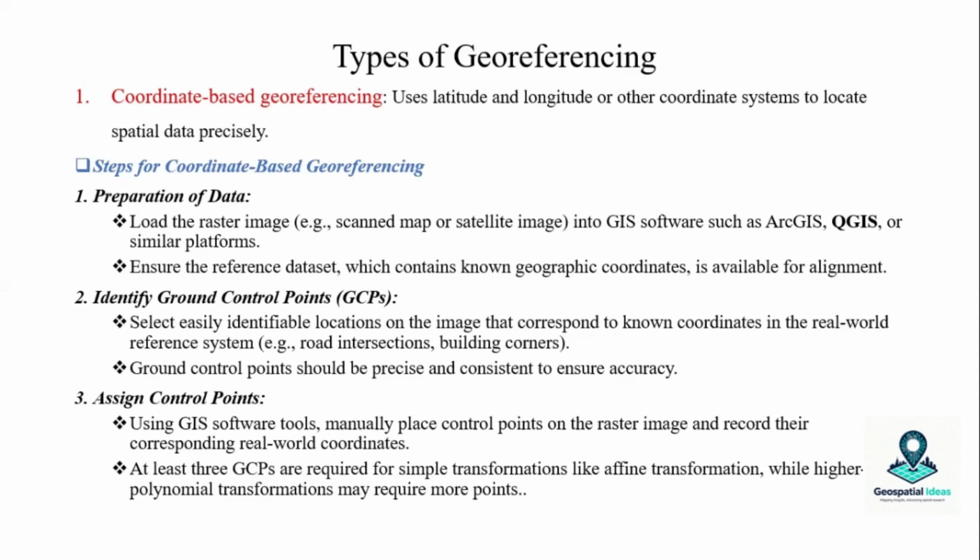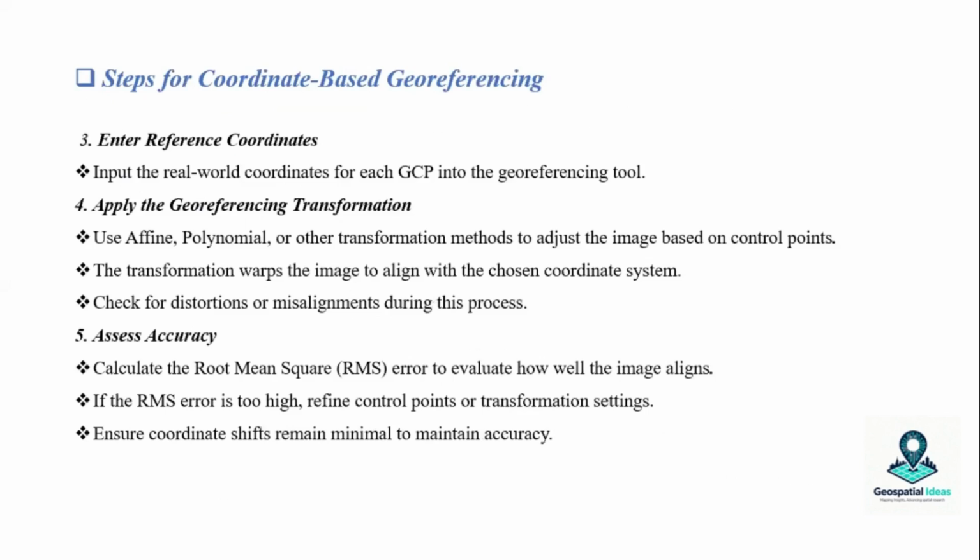So for instance, you have to open one of the base maps, be it Google Hybrid or Esri topography, so that you have a real view of the world, so that you can align your control points from your analog data or your scan map to the real world context. So that is one of the steps you need to do. So you enter your reference coordinates. Your reference coordinates are going to be your control points that